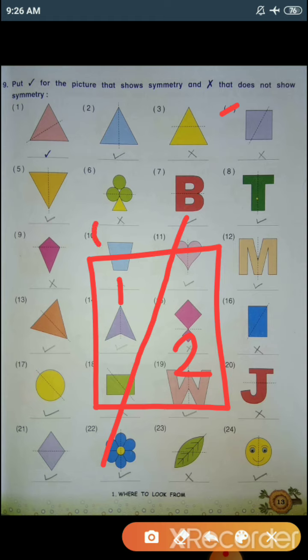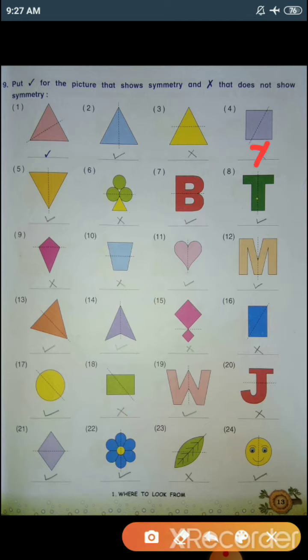Just see here this line and this line. So these both the lines are not same. In part 1 this line is larger than this line. Same as if we see from downward side, this line is greater and this line is shorter. So with the help of this we can conclude that this shape is not symmetry. So we'll just put one cross below the shape.